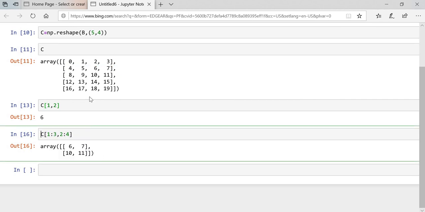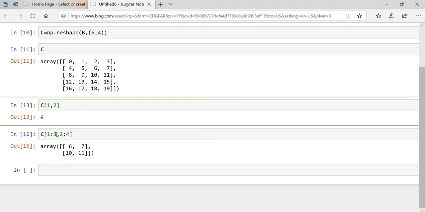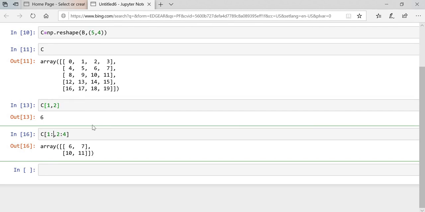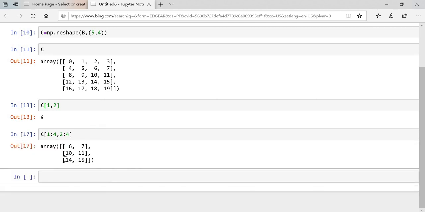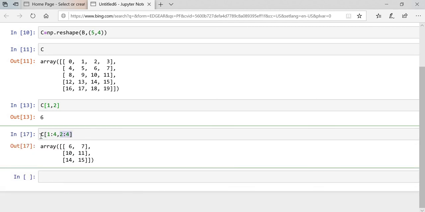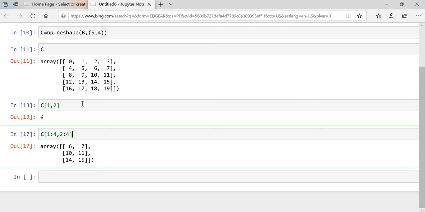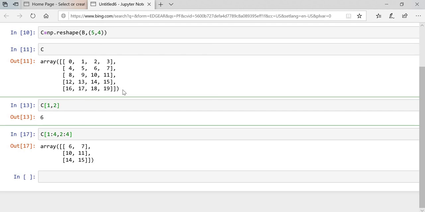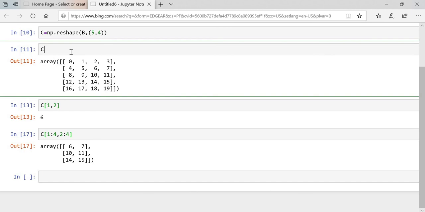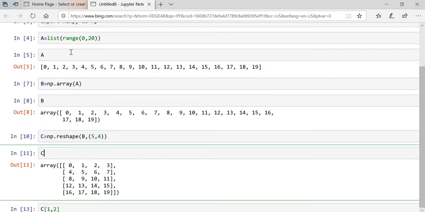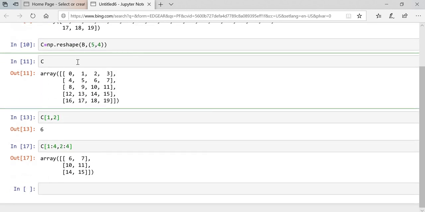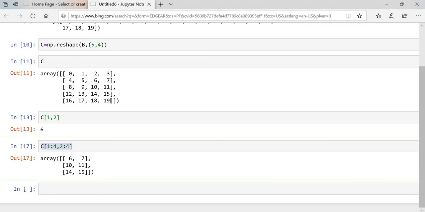You can choose whichever elements you want. Whatever matrix you want, a 2 by 2 matrix, 3 by 3 matrix, 2 by 3 matrix, 3 by 4 matrix, likewise you can fetch out that matrix from your own matrix. So guys, hope this makes sense: how to convert to a two-dimensional array, how to find out that this is a two-dimensional array, and how we can fetch the values from our matrix.